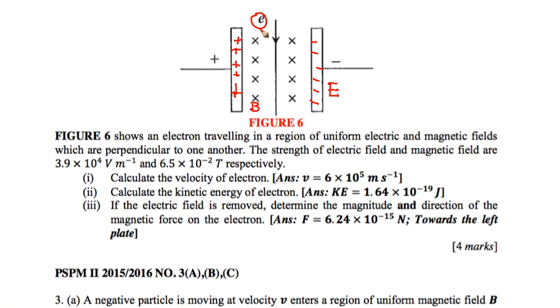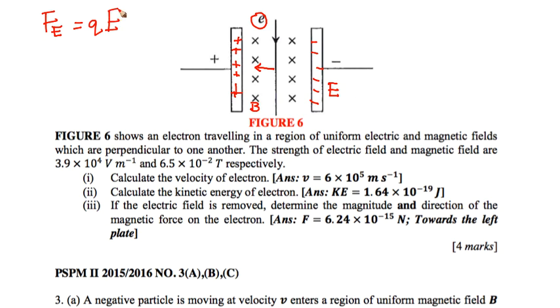So when the electron enters between the positive and negative plates, the electric force acts on the electron. Because the electron is negative, it is attracted toward the positive plate. And if you have the magnetic field in the area here, so if you use the right hand, the electric force acts on the electron and is given by the equation